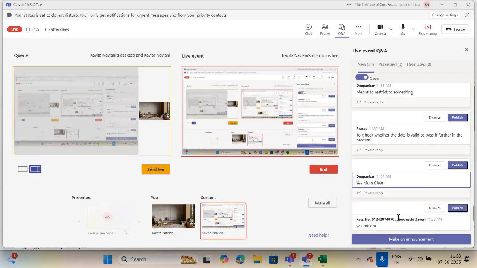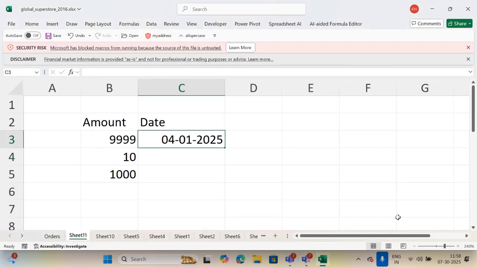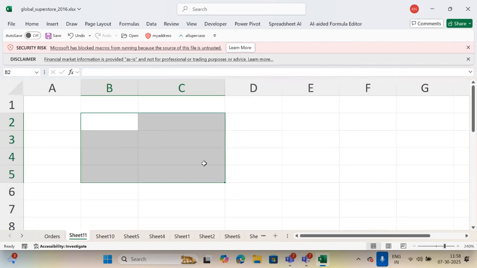Okay, very good. Now next. Sometimes you want to create a list through the validation. In a validation, there is a very good option, that is a list. For example, here,